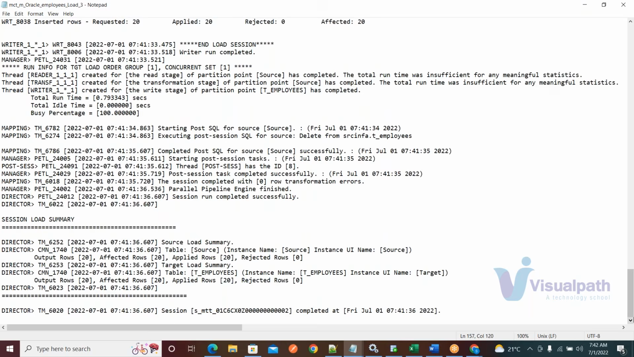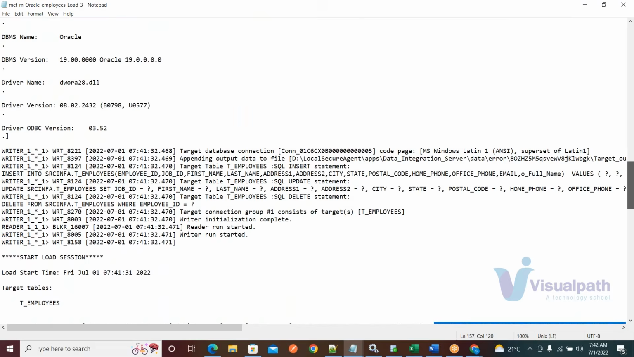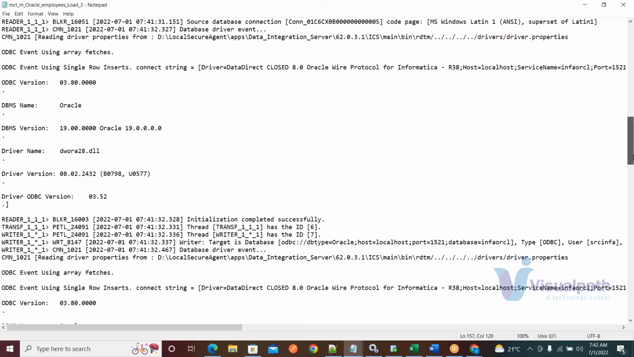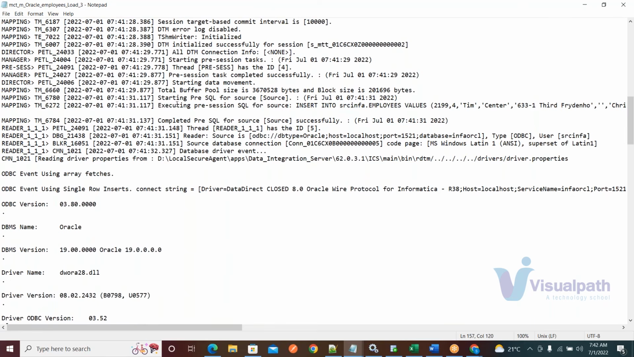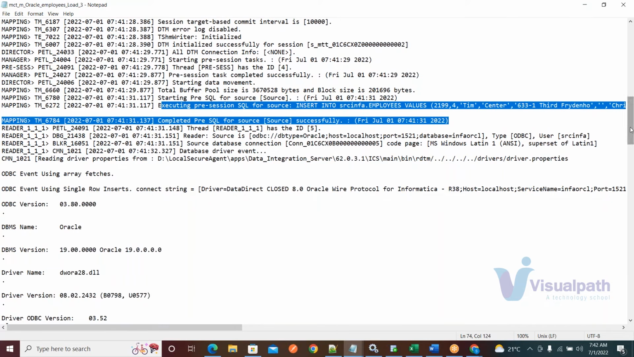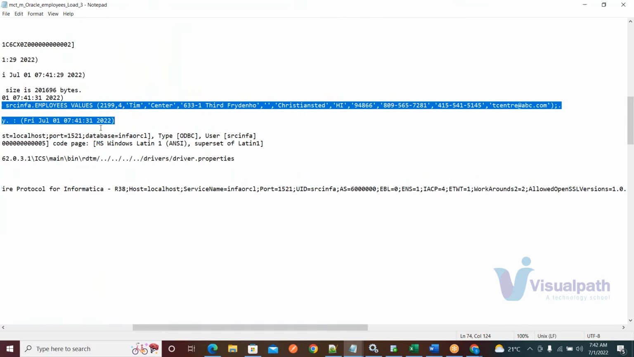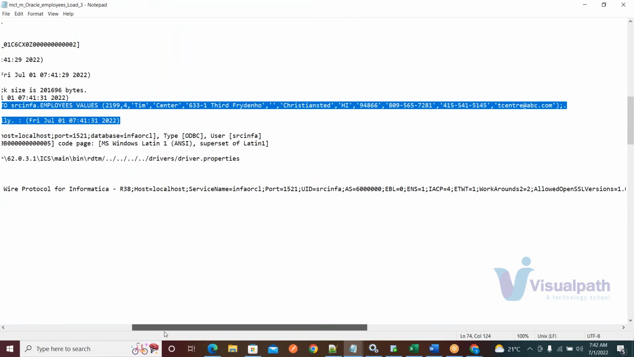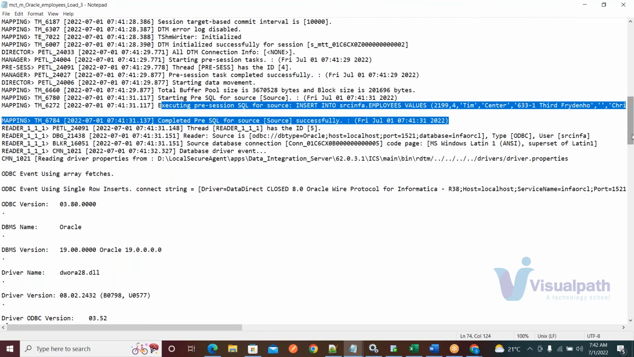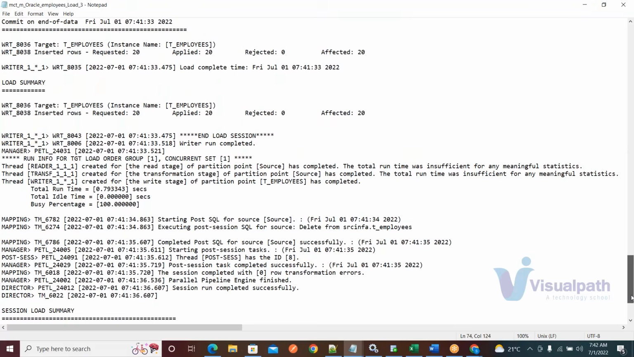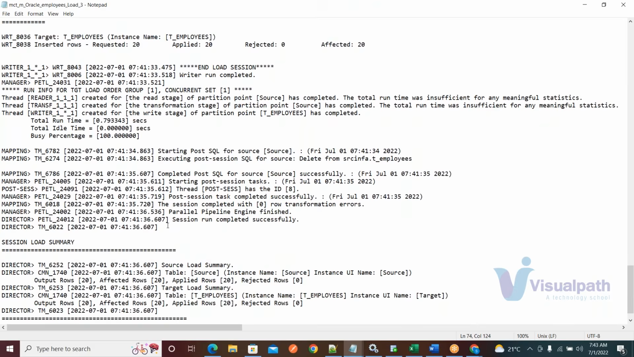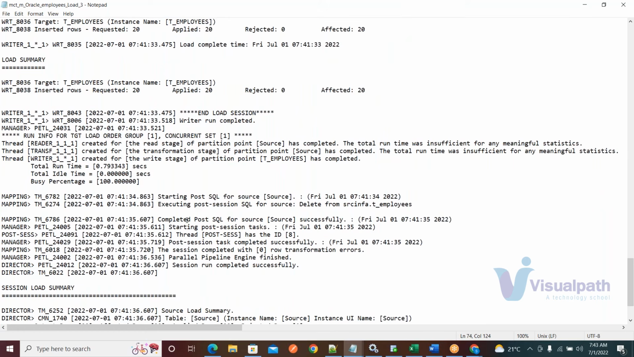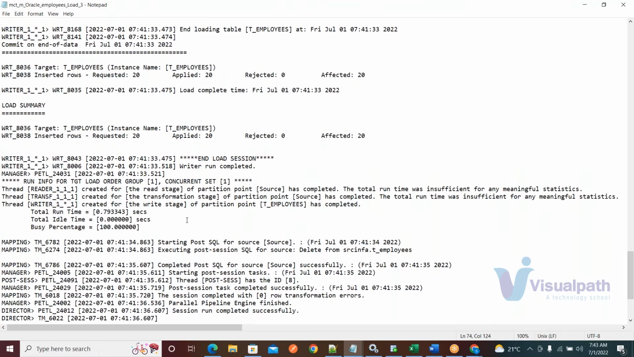Let's see the pre-SQL, just verify it here. One moment. Yeah, see the pre-SQL: executing pre-SQL for the source, insert into SRC INFA these values, right? And these values got inserted into the table. I just gave some random values, and the values got inserted. And your post-SQL runs again after the job is completed, right? So it would also run a post-SQL to